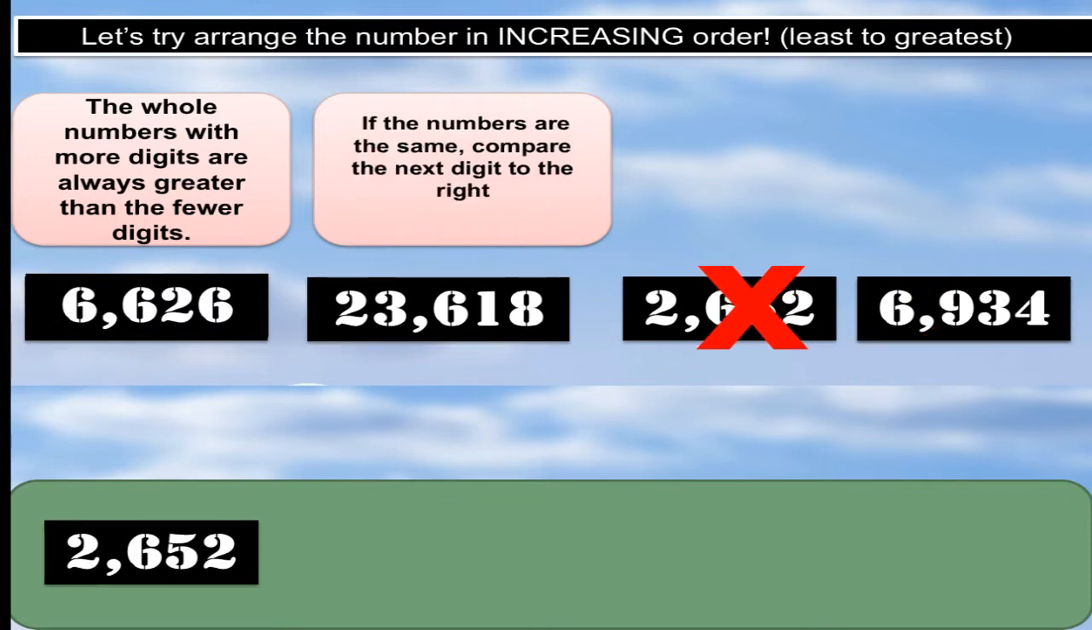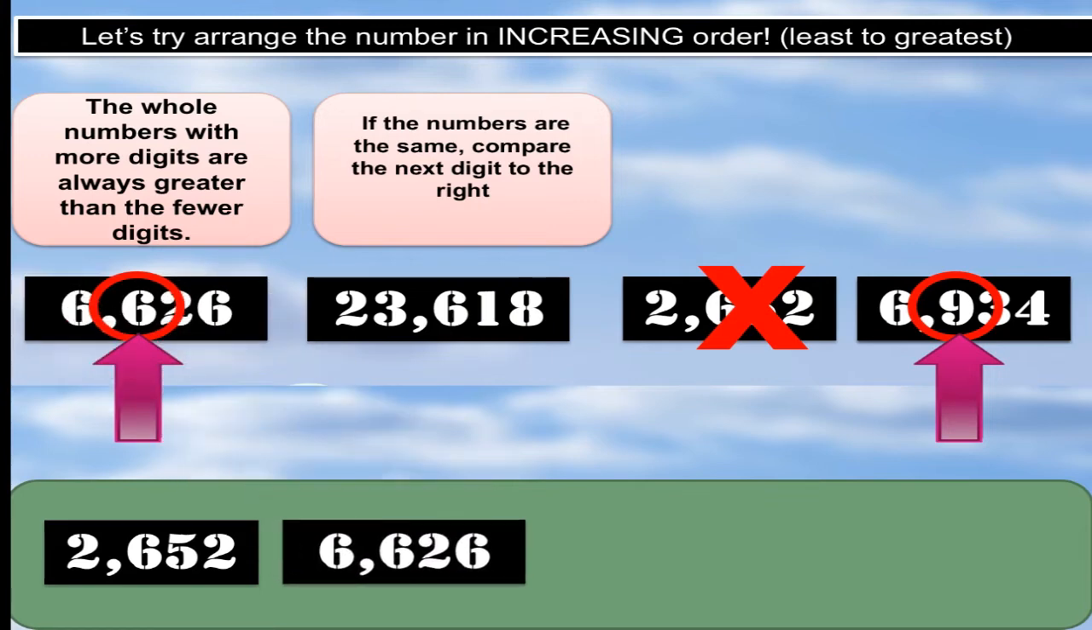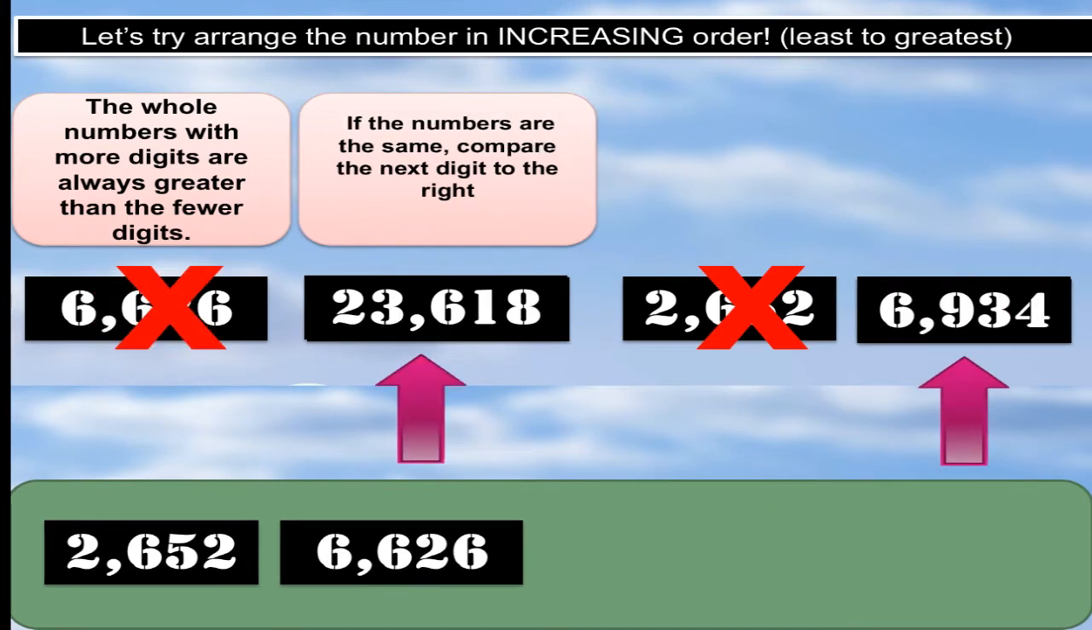The next number is 6,626 and 6,934. If we compare 6 and 9, 6 is smaller than 9. So 6,626 would be the next number. Let's cross that out. So we're now down to 2 sets of numbers,